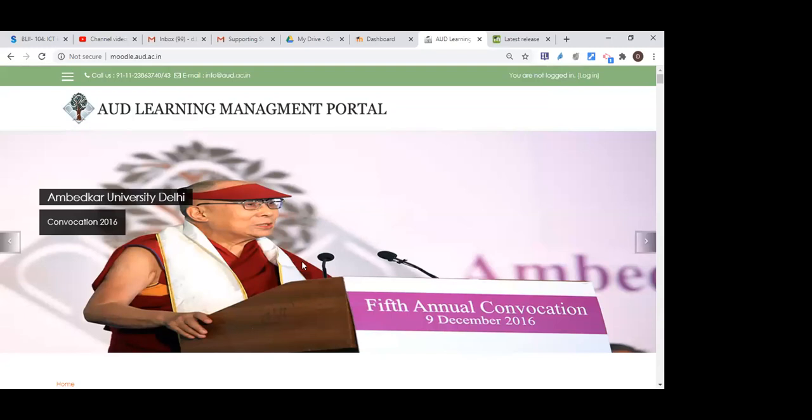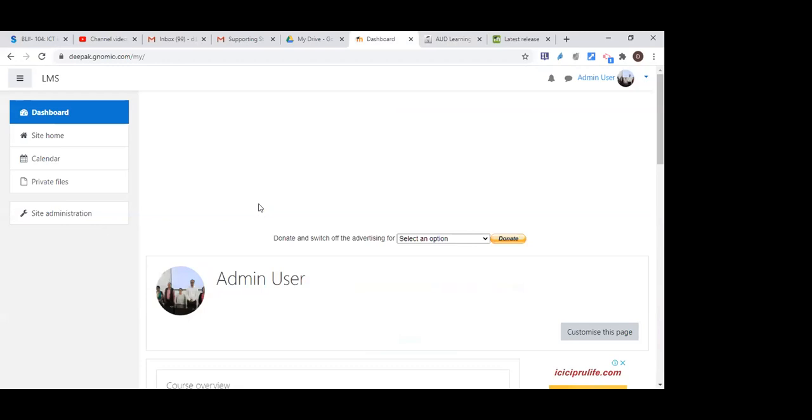Now, okay, let's see how we can use this Moodle and how you can upload the contents. Everyone has the Gnomio cloud, a ready-to-use version with certain limitations. Limitations are 250 users. In the morning introduction session, I think someone said you are using Moodle, created the course, created the user, right?